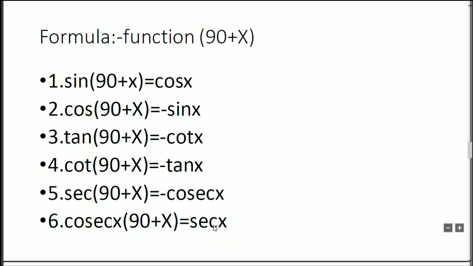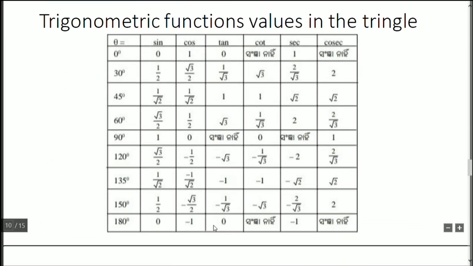So let's take the trigonometric values for the angle theta. First sin 0, cos 0, tan 0, cot 0, sec 0, then cosec 0. Then you get sin 30, sin 45 and the other trigonometric functions, then the functions at 60, then 90, then 120, then 135, then 150, then 180. Remember this table to solve difficult problems, remember it.